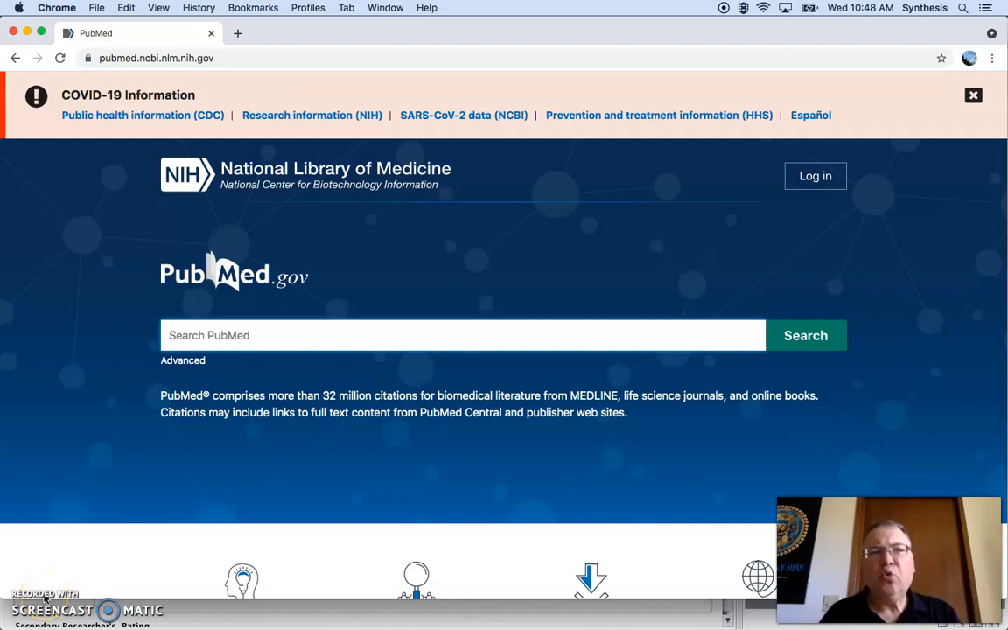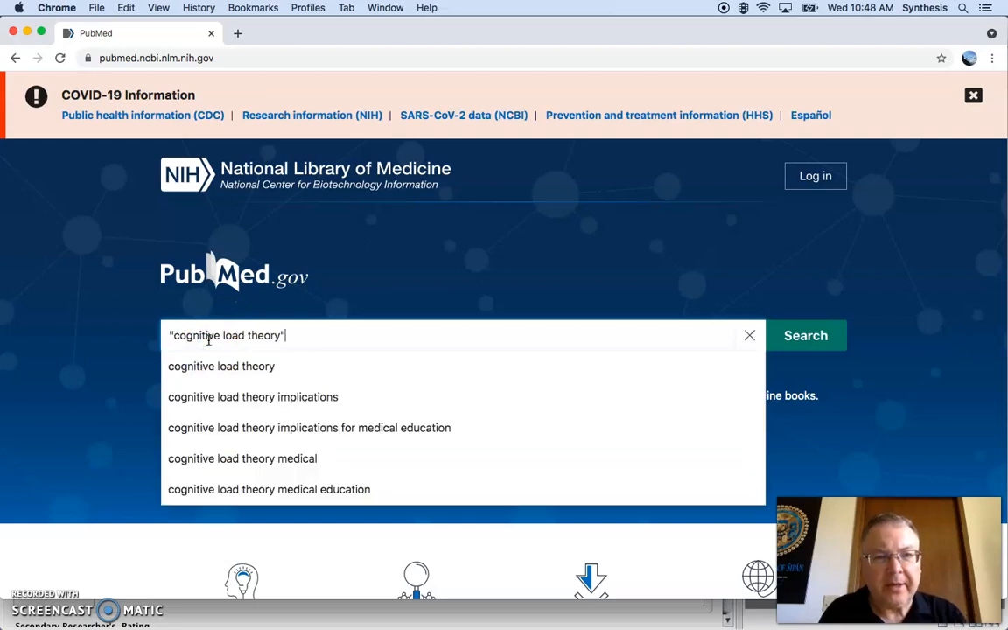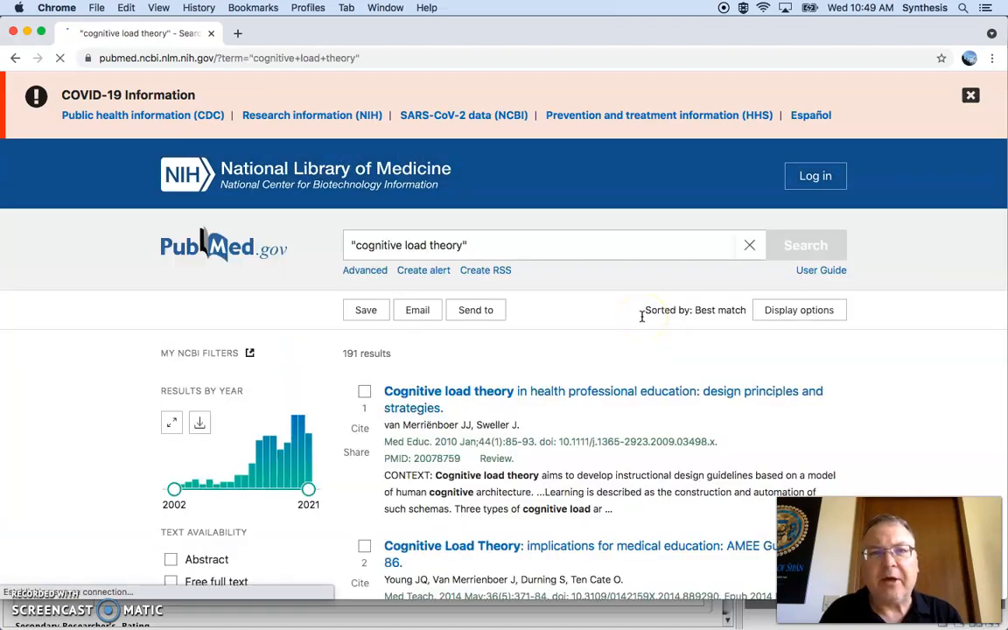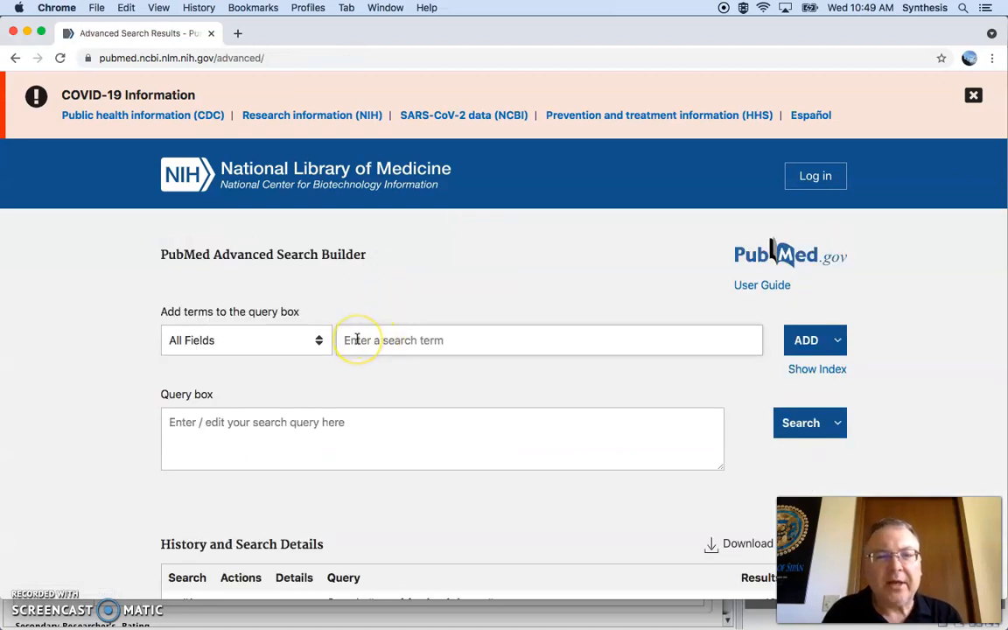Okay, we are searching for cognitive load theory. Sometimes I search PubMed first, just to see how many hits there are. Here we find 109. What we can do as well is hit on it